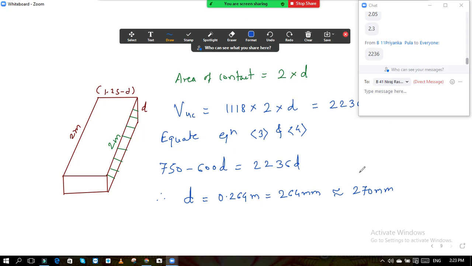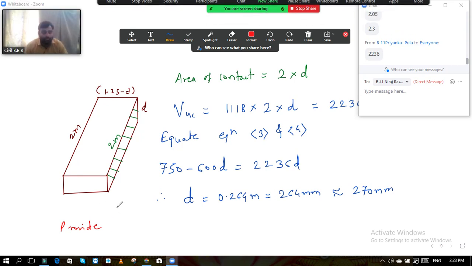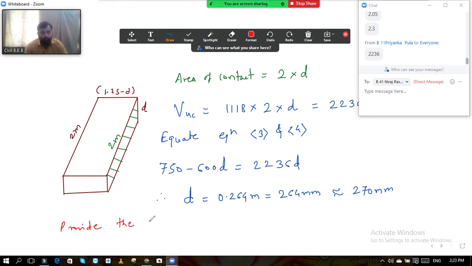Okay, so now from two way shear we got the depth as 430 mm. From one way shear we got the depth as 270 mm. So which depth do we provide? We will provide the maximum depth. So here I will write: provide the maximum depth. Okay, so therefore